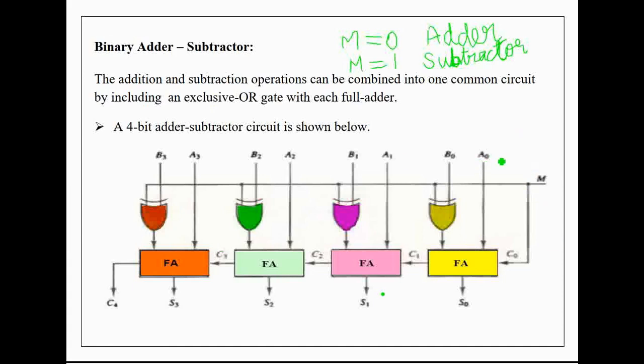And you can observe that bit values of A and B are represented from right to left with subscript 0 through 3. Here, bit values of A are applied directly to full adder as one of the inputs, whereas bit values of B are applied as one of the inputs to XOR gates which are connected to full adders. And the mode control signal M is applied as one of the inputs to all XOR gates and as input carry to the first full adder. Here, carry bits are connected in a chain through full adders.